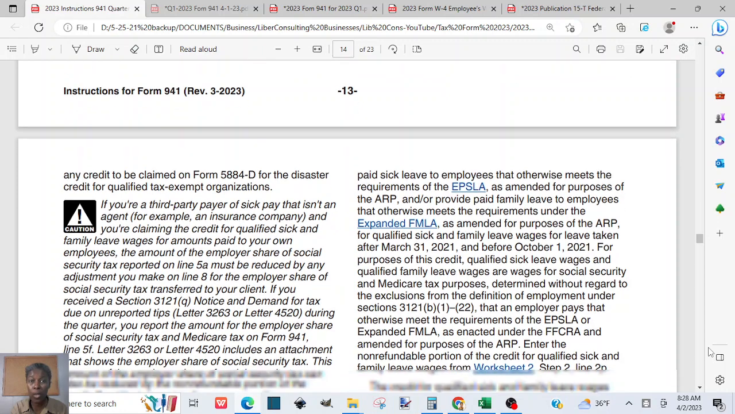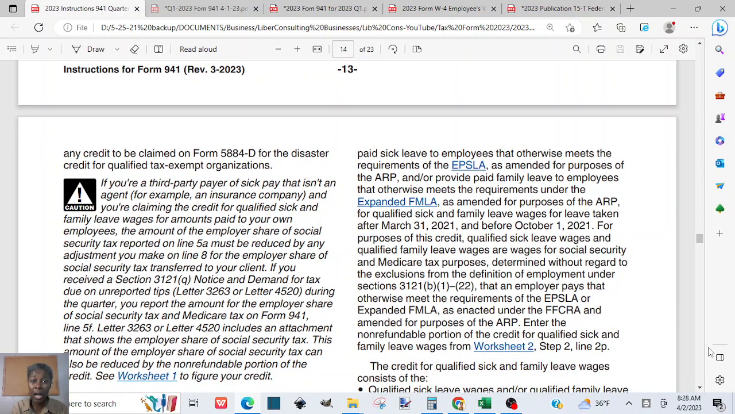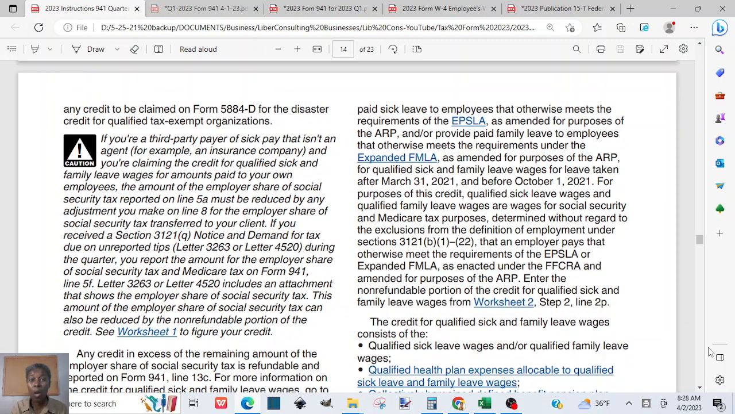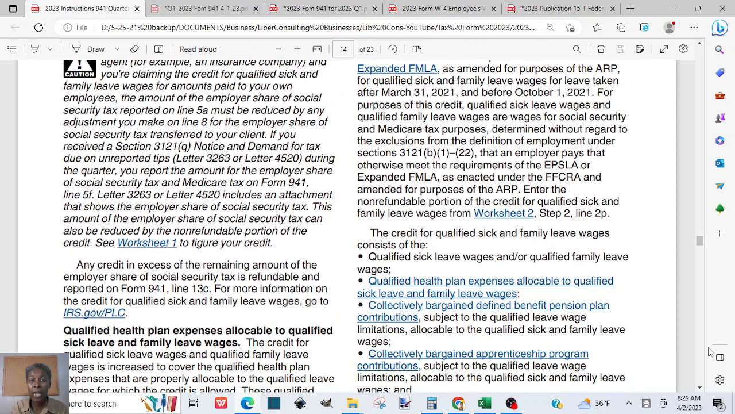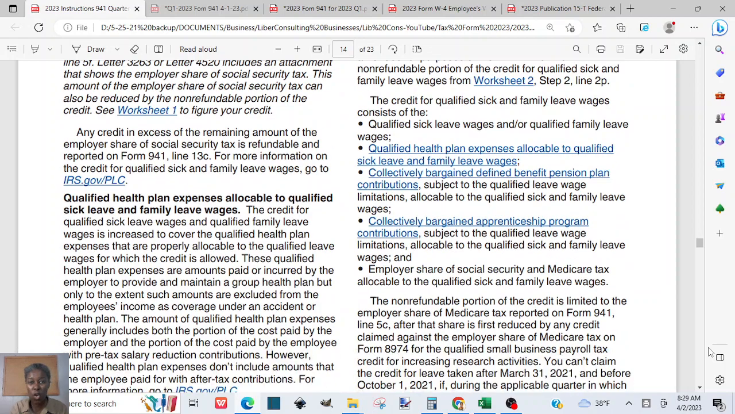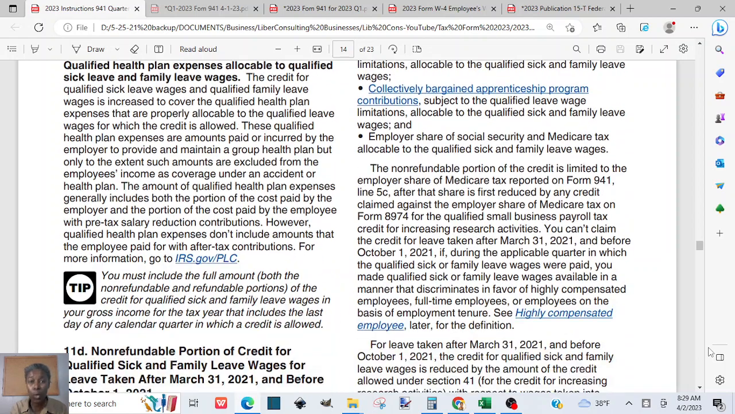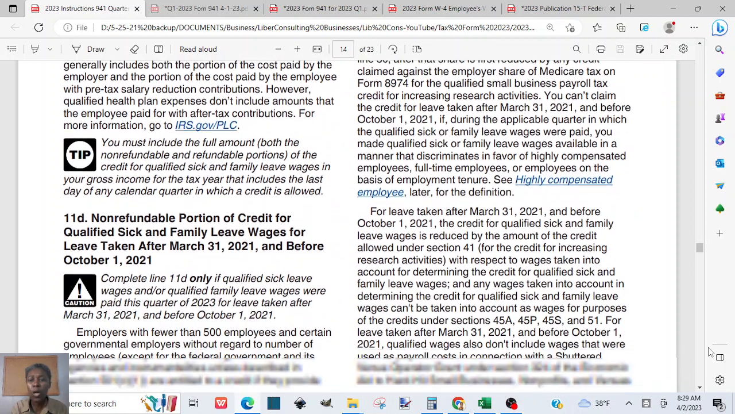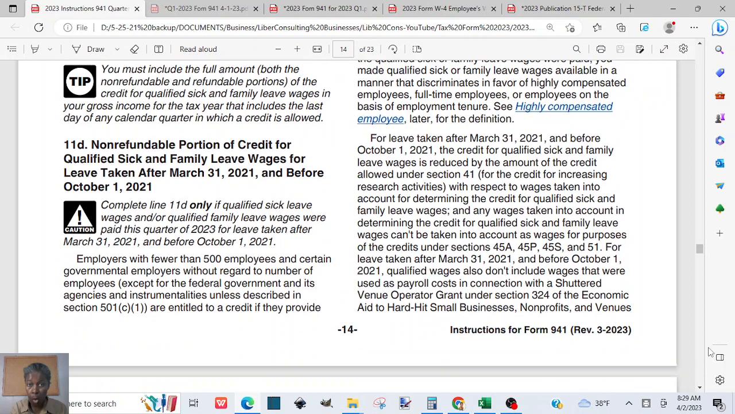Form 944 is the annual federal employment tax return, while Form 941 is the quarterly federal employment tax return. Form 944, you file once a year. Form 941, you file four times a year. It's a quarterly return. So you'll pull the Form 944 that you filed for